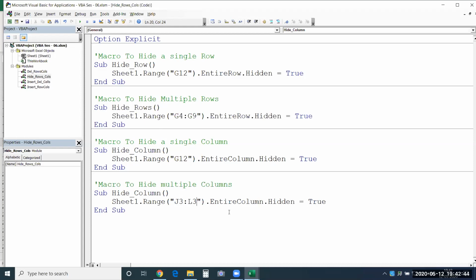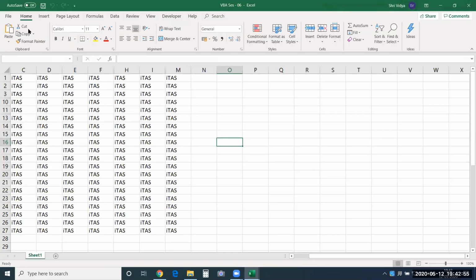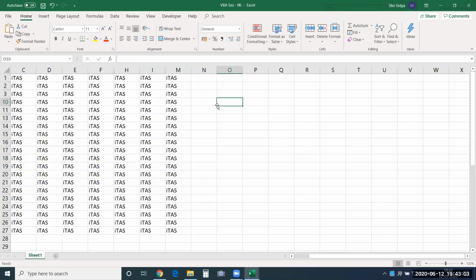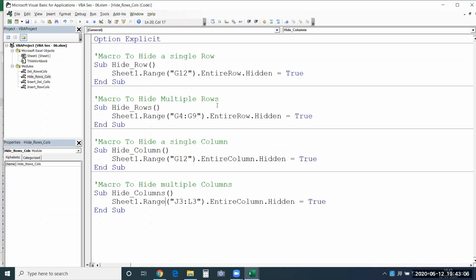Row number is fine. You can choose any row number. I'll just change the macro name to hide columns. Now if I run this, you can check the columns from J to L have been hidden. So this is the way you hide rows and columns, single row or multiple rows, single column or multiple